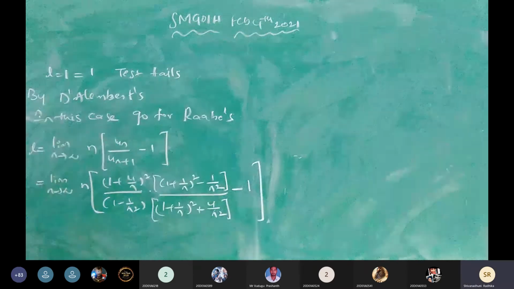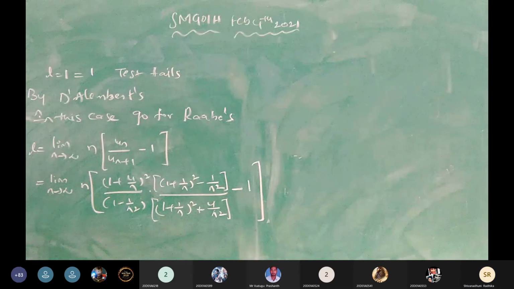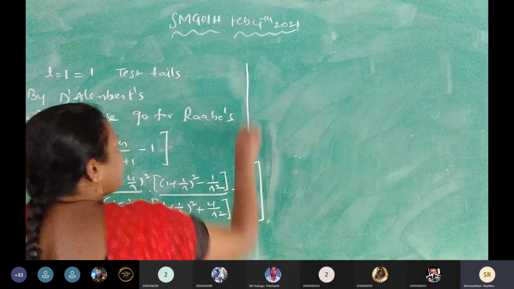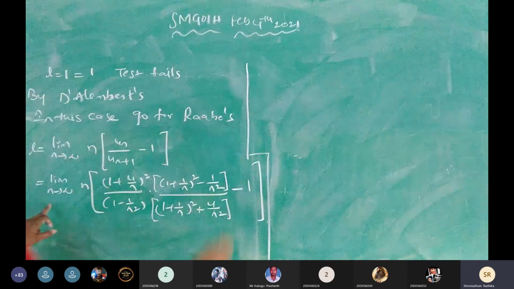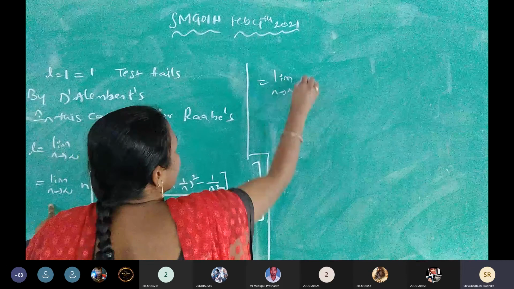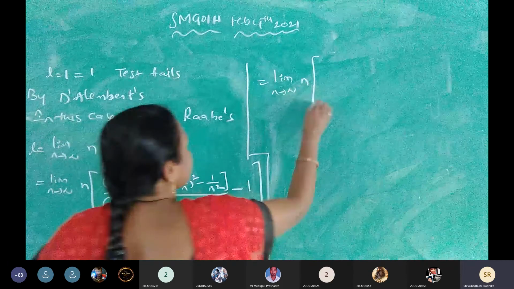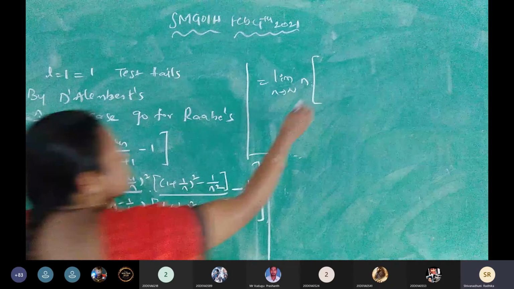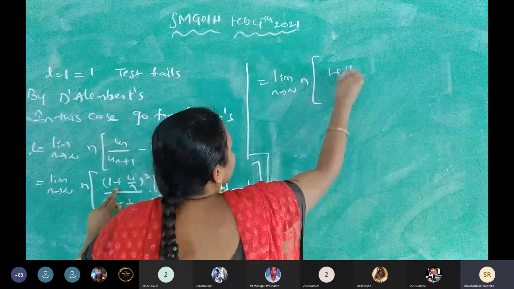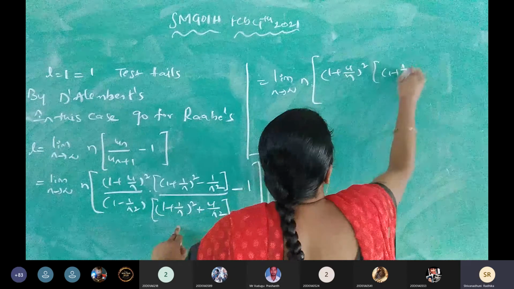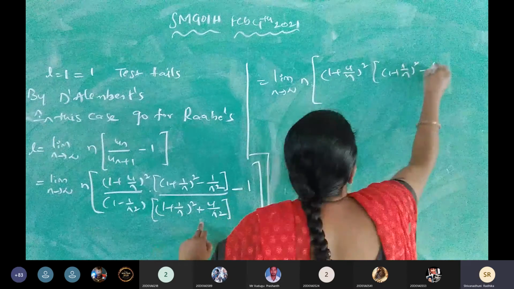Now take LCM. Now here, apply LCM. Then what we get here? Limit n tends to infinity n into. In the denominator, I am going to take LCM. Directly this total into that one. So 1 plus 4 by n whole square into 1 plus 1 by n whole square minus 1 by n square